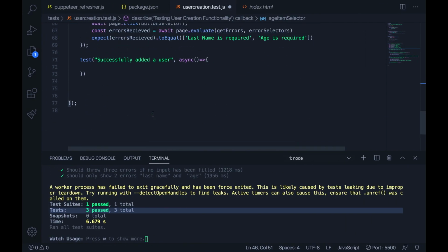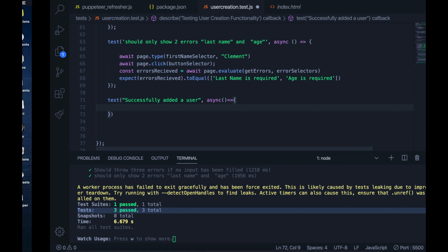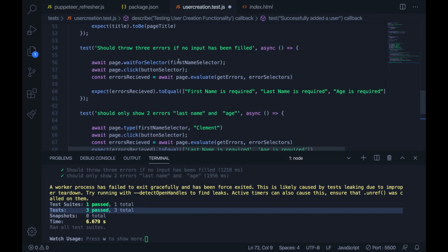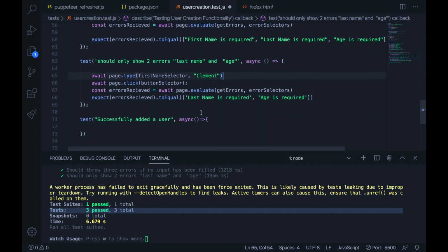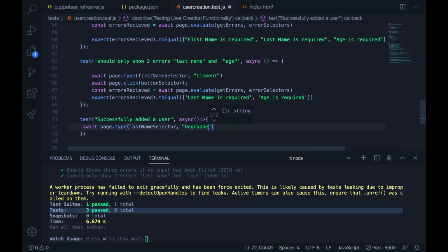So, going ahead, what do I want to do? I want to type into all of the selectors. I already know that we've typed at this point in time, since we have not cleared any of the inputs, we have already typed into the first name selector here, if we recall, in line 65. So I'm just going to go ahead and type into other selectors, right? I'm going to say await page.type into other selectors. I'll call this last name selector. I'm going to type in the Graphe,